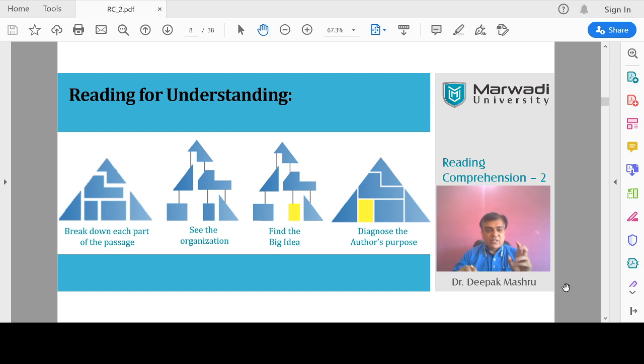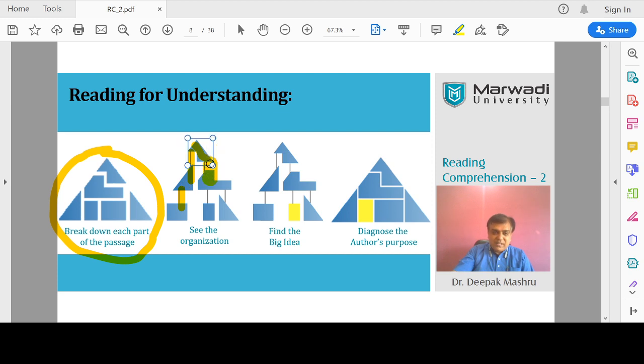You divide it. You look at the first image, this image, so that you will come to know what I'm trying to tell you. So you can divide into clusters, that will help you. After doing this, you try to connect it. For example, this is your one paragraph. This paragraph is connected here, and then another paragraph is connected to this one. Whereas this paragraph is connected with this, and this second paragraph has two different connections. So this is the way you can find out the organization, the structure of the paragraph. That will help you.